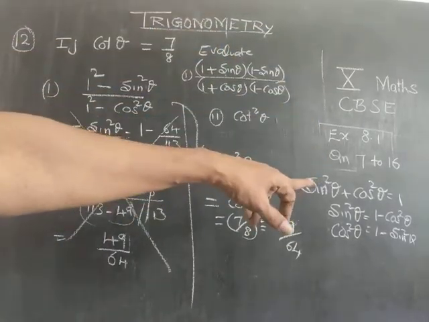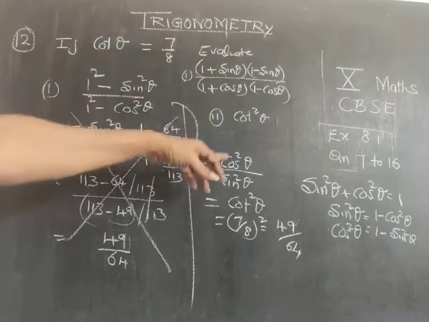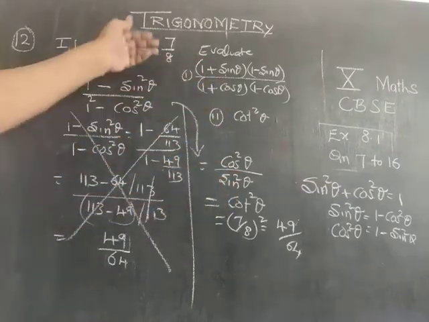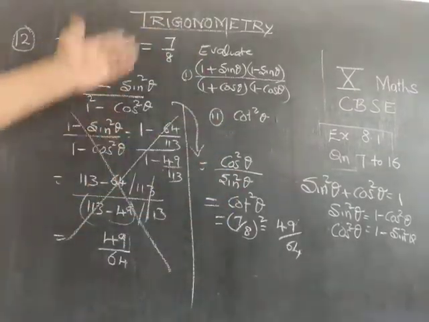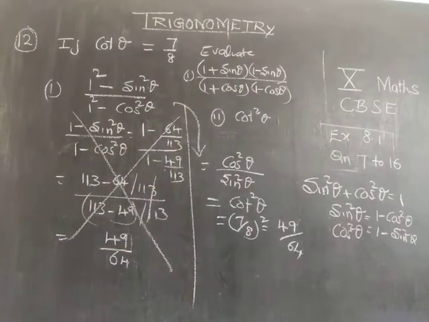Now I have taught you, therefore you can definitely use this method. So 1 minus sin square theta, you write it as cos square. 1 minus cos square, write sin square. Cos by sin is cot. Cot square theta. You know the value of cot theta. Substitute and get the answer. You will be given full marks. Don't worry about that. Now let me go for the next problem.